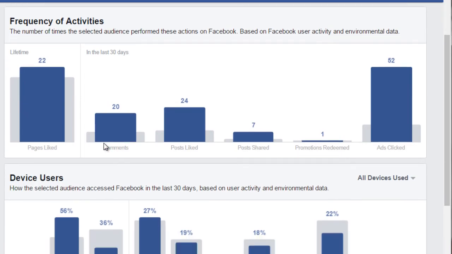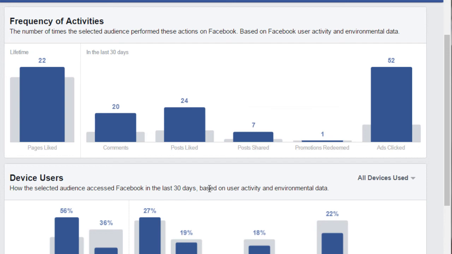You can see activity, which is also nice because it shows you how engaged they are as far as pages liked, comments, posts shared, and ads clicked. So ads clicked is a good thing because if you want to expand this later on, you can see that this specific audience is highly engaged as far as ads go. And what does that tell you?